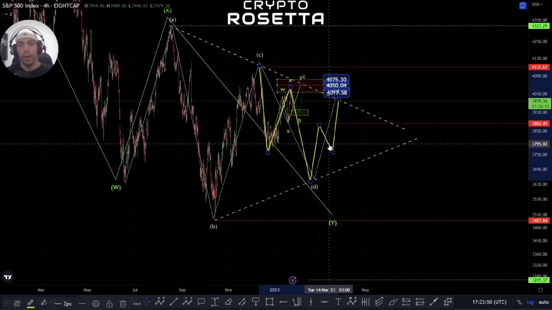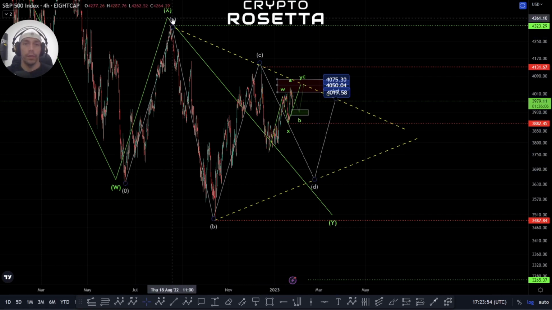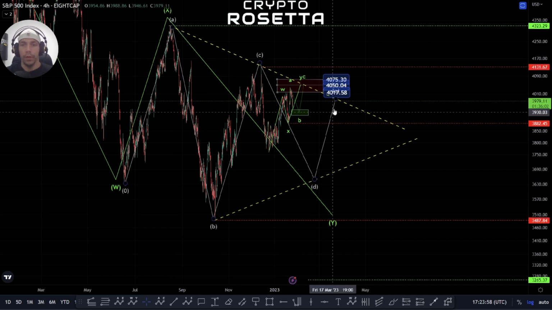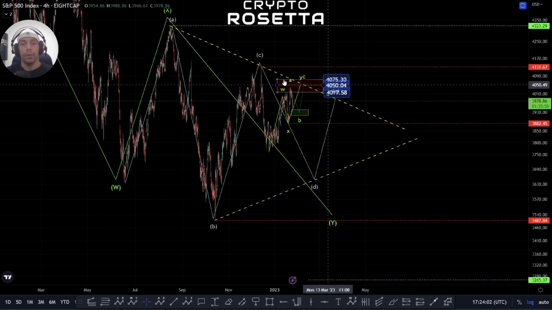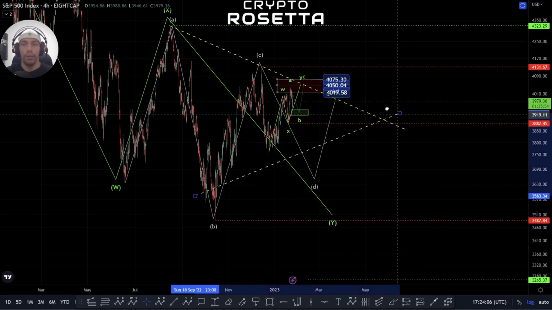There is a way that this can be a Y wave triangle, but we'd have to take that as this is an X wave, and then the triangle would start here as A, B, C, D, and E, and then it would actually look to break to the upside. So if it does develop like this and we do find support along this line,